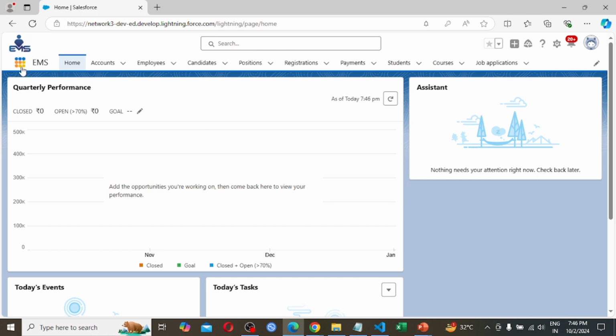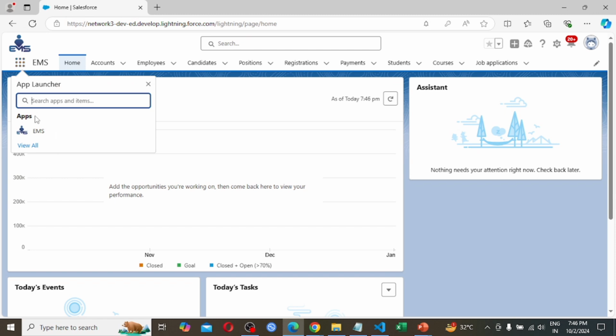Again I am clicking on the app launcher. See here, he can't see any other application. The only application he can see is employee management system. Also, if I search for the sales application, sales, no result found.